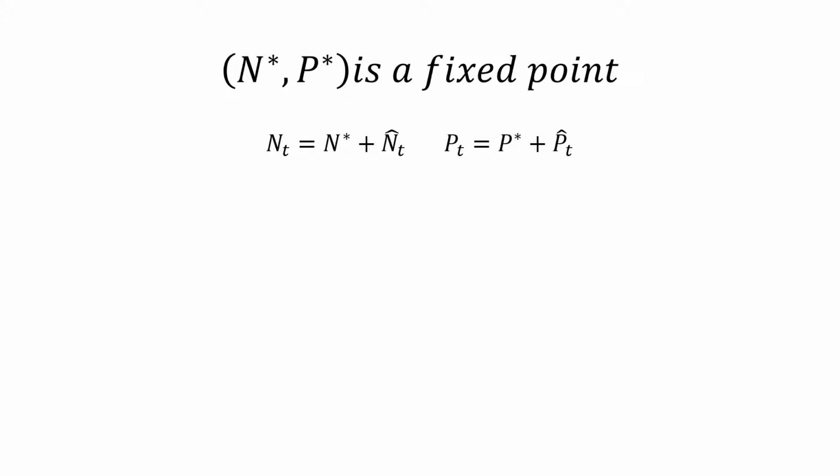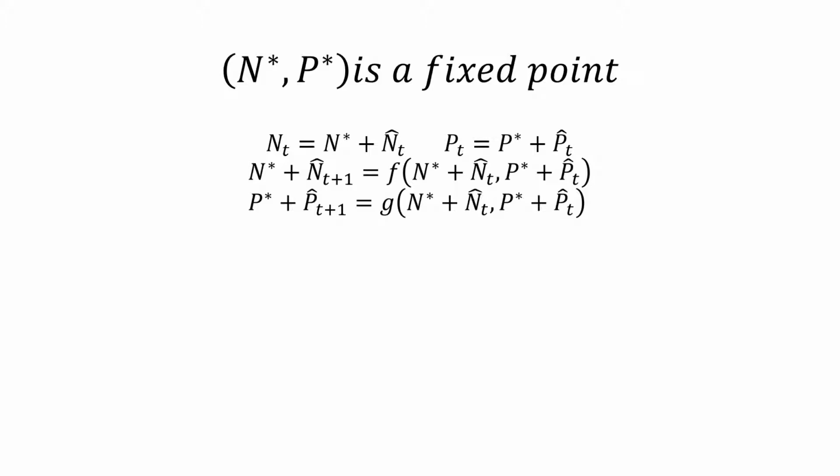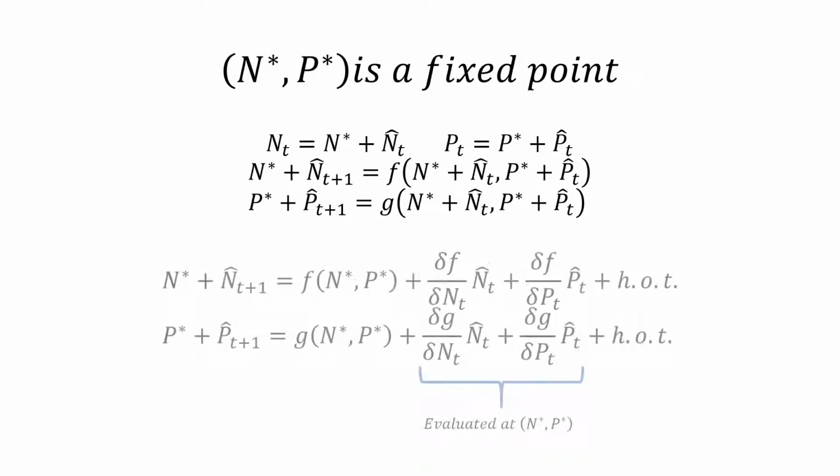Now, substituting these into our governing equations gives us n star plus n hat t+1 is equal to f of n star plus n hat t, p star plus p hat t, and p star plus p hat t+1 is equal to g of n star plus n hat t, p star plus p hat t. Taking a Taylor expansion of the right hand side of this gives us